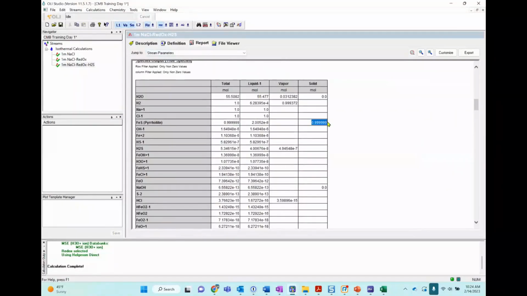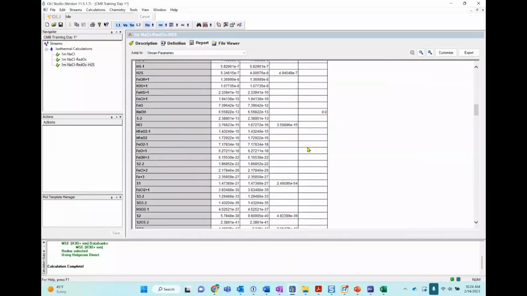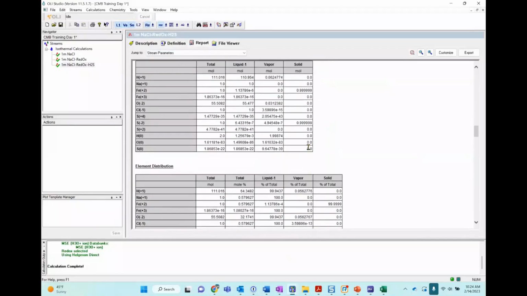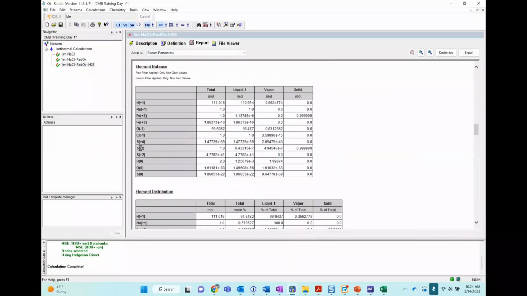Pyrrhotite, the iron sulfide, is still the solid phase that forms. And now you'll see that the software is not only including the -2 oxidation state, it's also including the +2, which is virtually nothing. And it's also including the +4, virtually nothing, and the elemental sulfur.